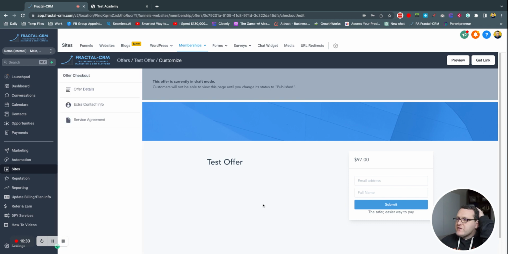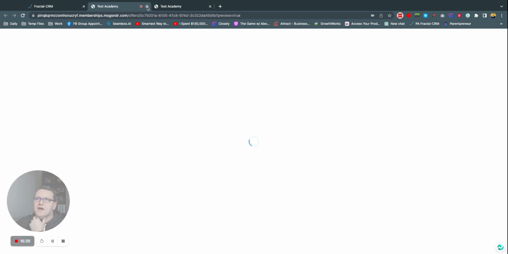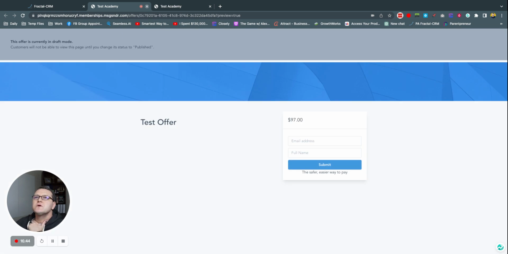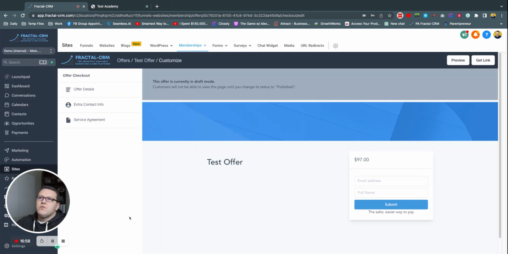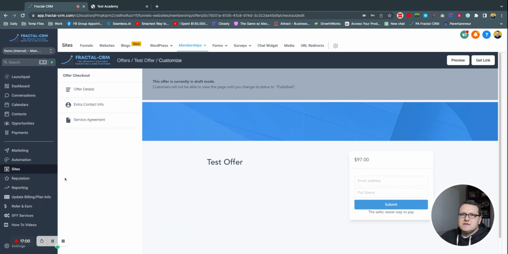But now you can either send them straight to this page, the offer link, where they can purchase, and they'll automatically get access to that course. Again, because there's no custom domain, it's just a preview, so there are a bunch of weird things up there. But you can do it so that they come here, or what you can do is you can come here